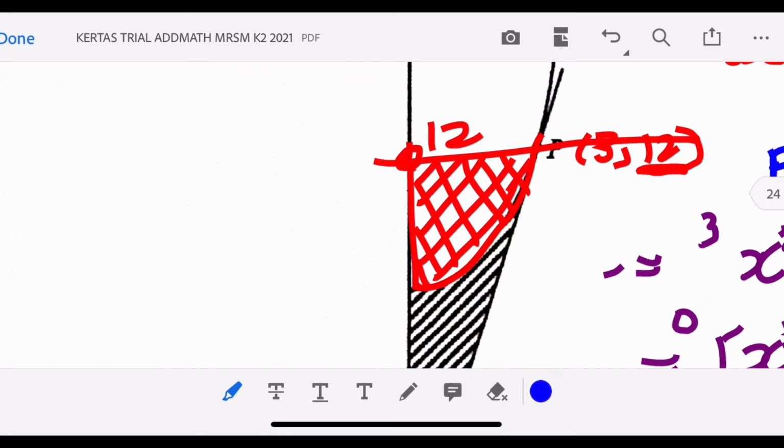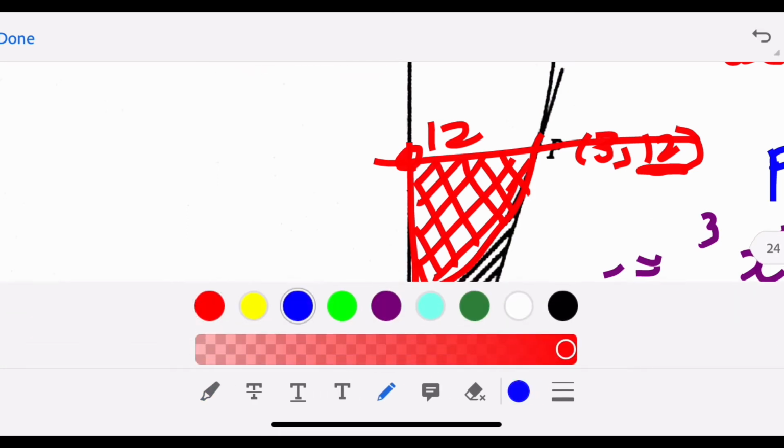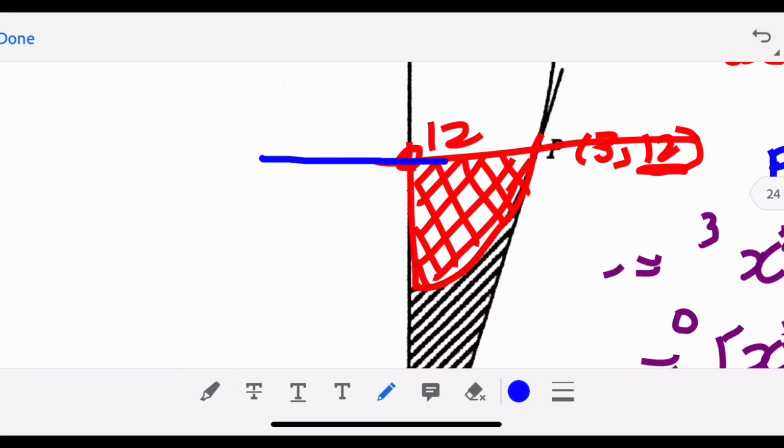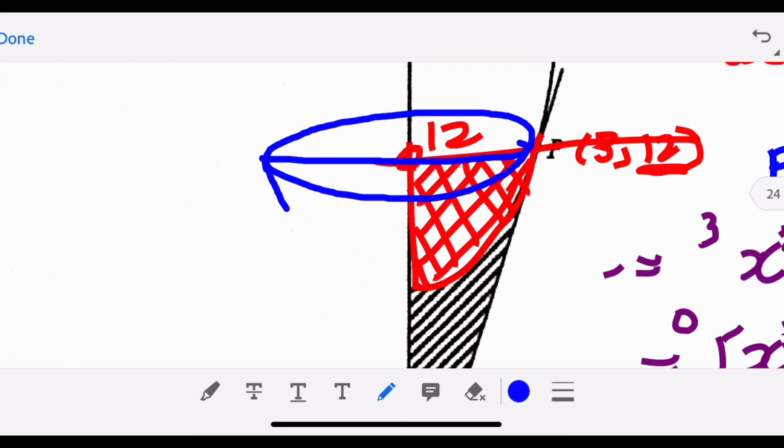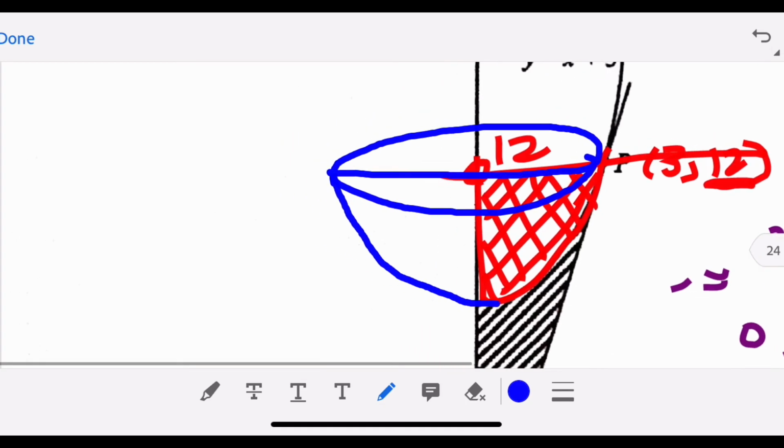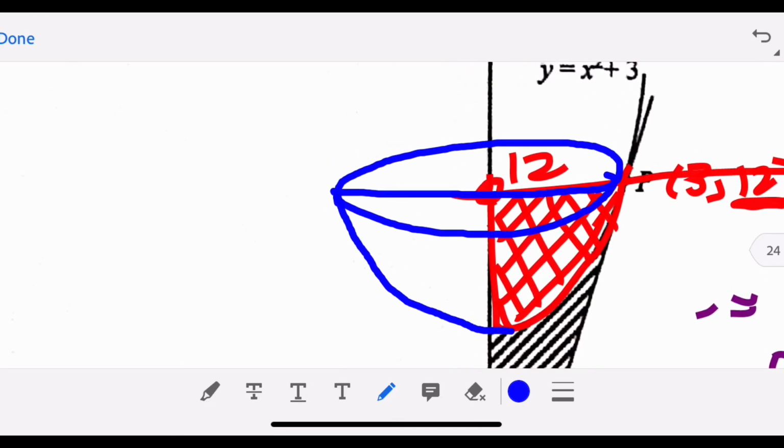So the volume that we expect to get if we rotate 360 about the y-axis, we will get the shape something like this. Right. So in this case, we will have to use integration, pi, volume equal to pi integrate, because the borderline